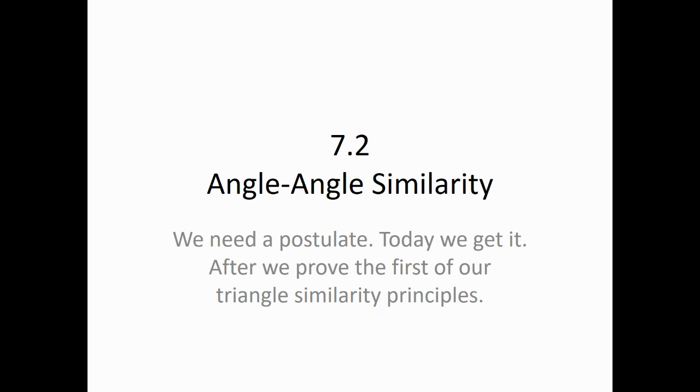All right, last time in section 7.1, we talked about the definition of similarity. We know that similar polygons are ones that have angles that correspond equal, sides that correspond proportional. We know what that proportionality is. It means that if we write the ratios of the sides that correspond, all those ratios are